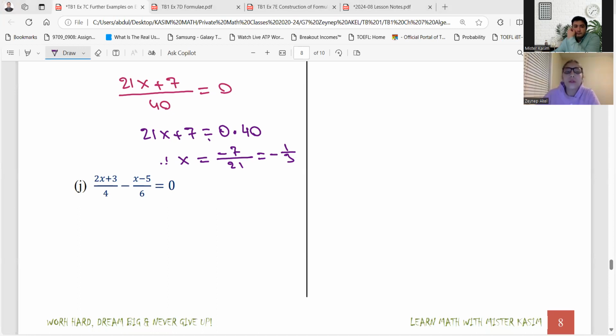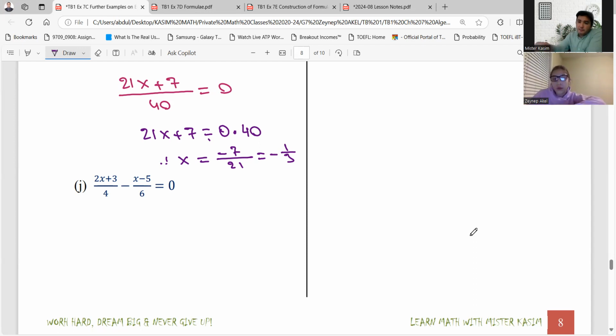So should we do parentheses like we did on the top? Yeah, of course. It's an expression, something added or subtracted. Always write it in parentheses. So the bottom is going to be 12. Top is going to be 3 times 2x plus 3, minus